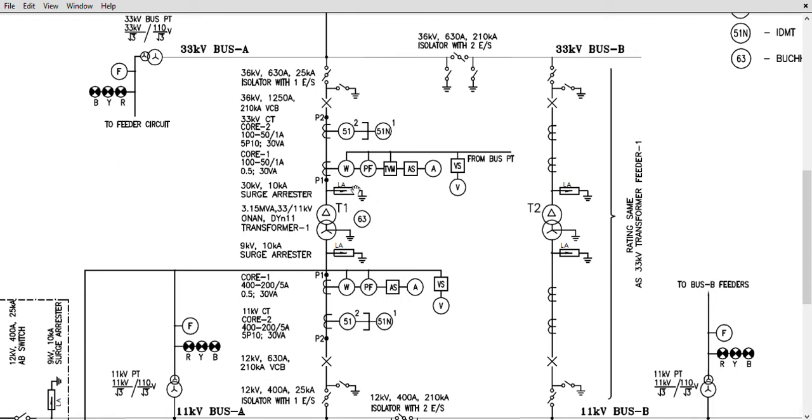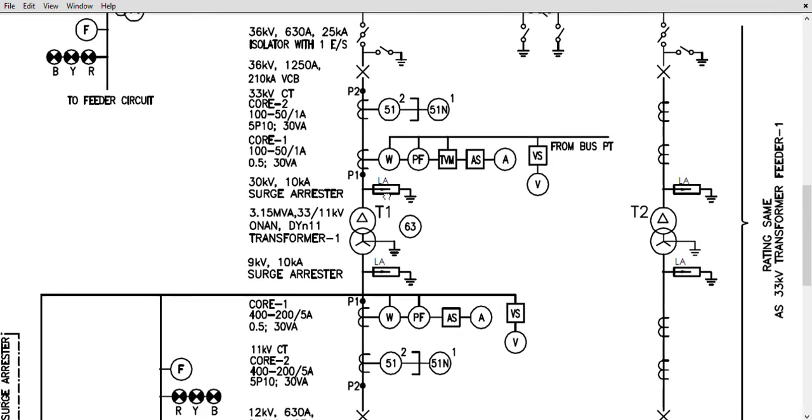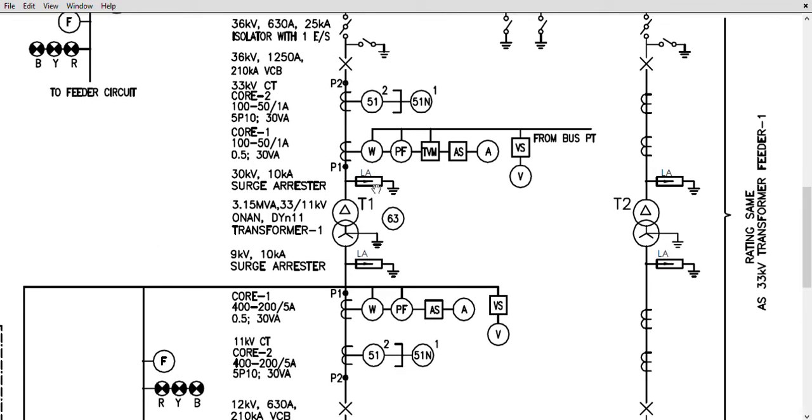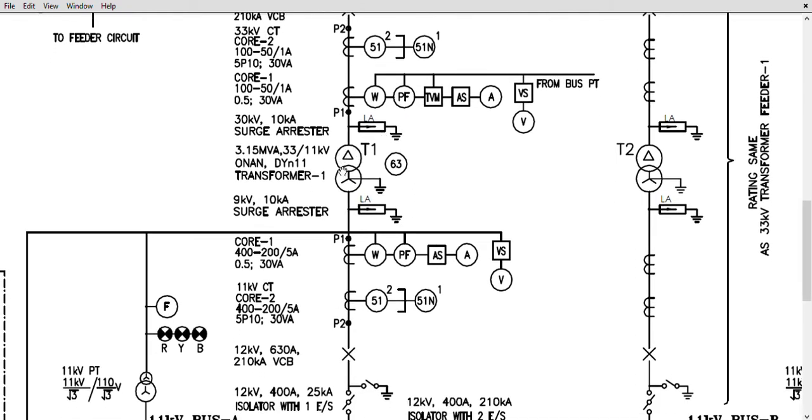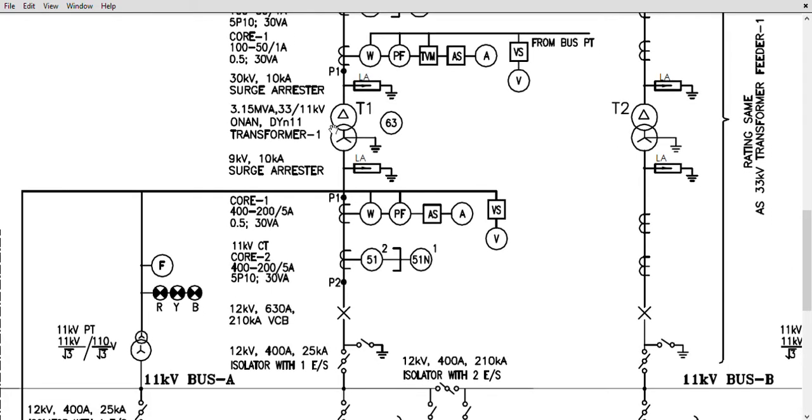So now let's come to the lightning arrestor. Lightning arrestor we already discussed. The purpose of lightning arrestor is to protect the nearby equipment from thunderbolts and lightning. So here what is the main equipment? The transformer. It is going to protect the transformer from lightning. So now we have reached the very important equipment, which is the transformer, which is the heart of the substation. What is the purpose of transformer?